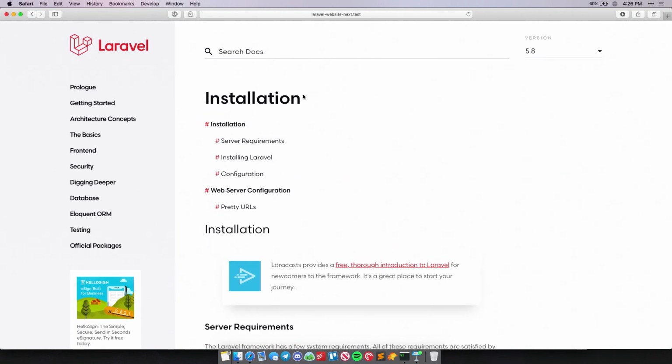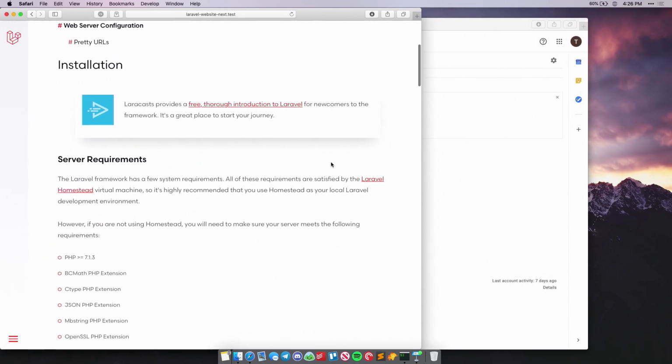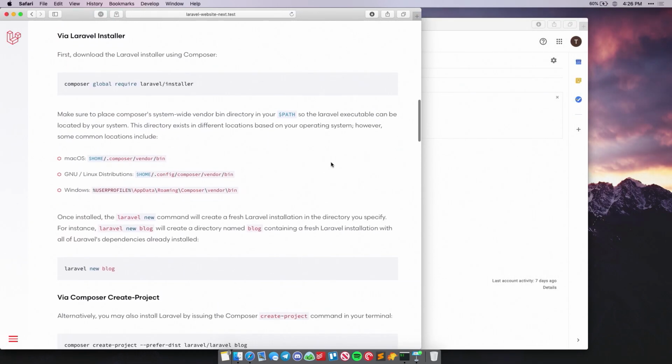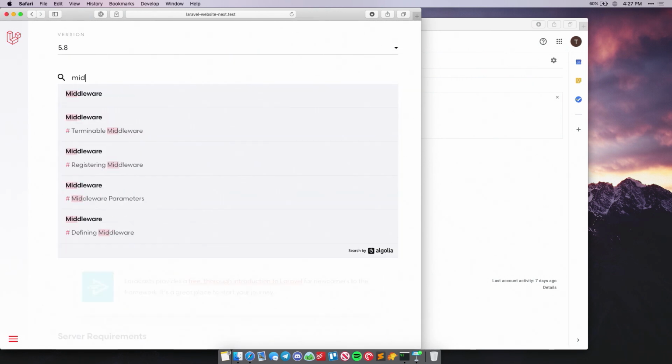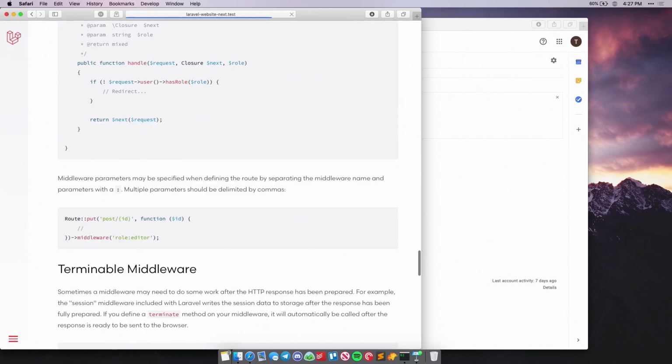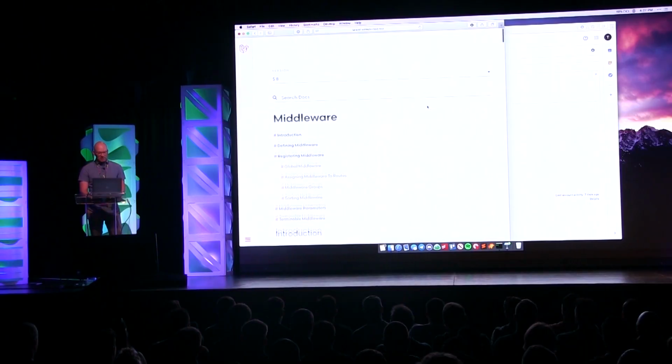Of course, with the new web page, we have really beautiful documentation. I care a lot about documentation. I get really obsessed with it. So we made sure the documentation looks really beautiful. No matter what size your screen is, you get a nice, clean reading experience, good typography, good fonts, all of that. So it's really great to use, and of course, still the fast search provided by Algolia. So that is the new website. I'm really happy with how that turned out, and I hope you like it as well.